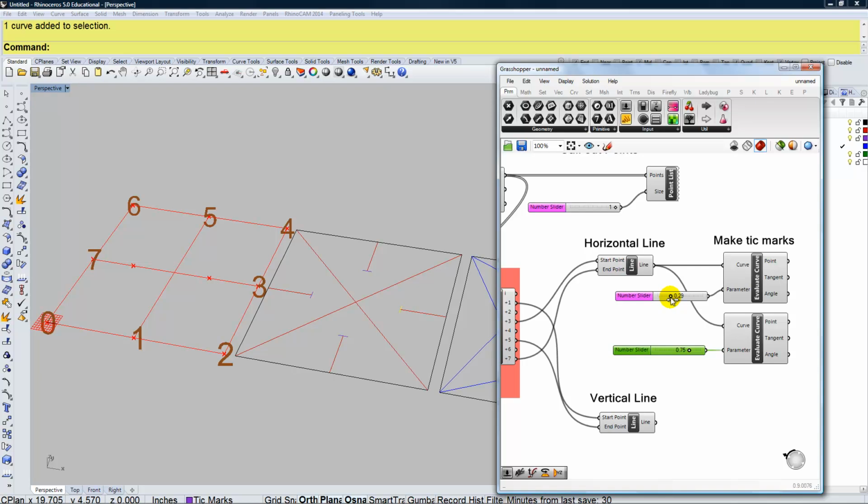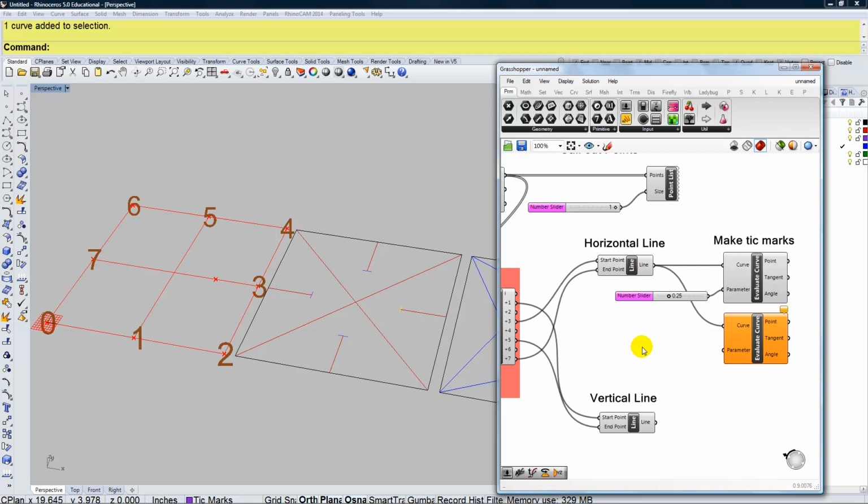Now, right at the moment, I have control over each of these individually, but I'd like them to be parametric or have a relationship with each other, so that when this point moves further or closer away from 0.3, this point will also move further or closer away from 0.7. So what I can do, I'm going to leave this at 0.25,